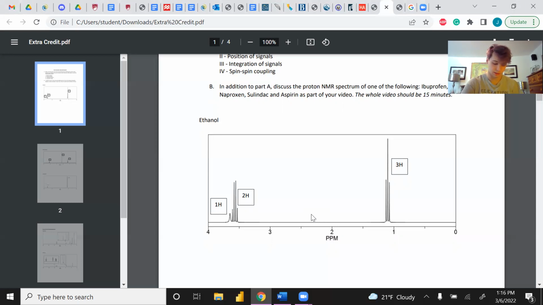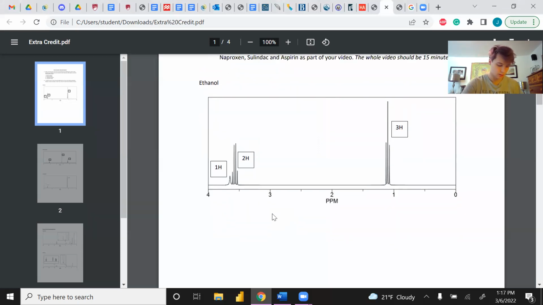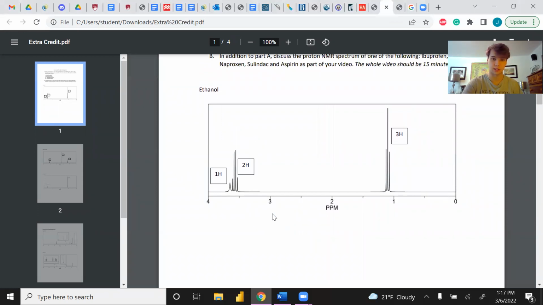So spin-spin coupling is essentially what NMR or HNMR is for, and it's how to find the neighboring groups of molecules. In this example, let's go for 2H because we have almost a double, but it's a little funky looking. But anyways, with this n plus one rule,